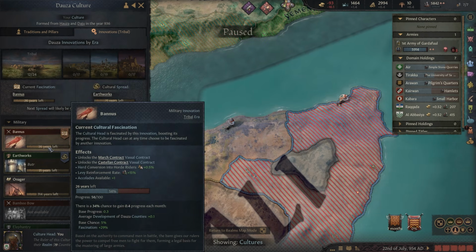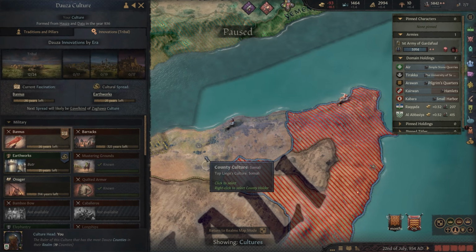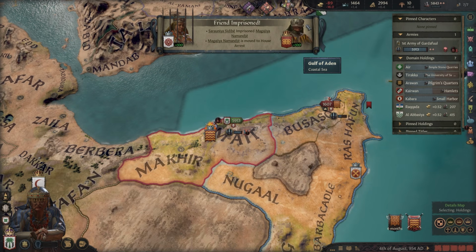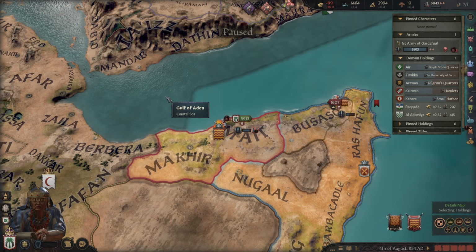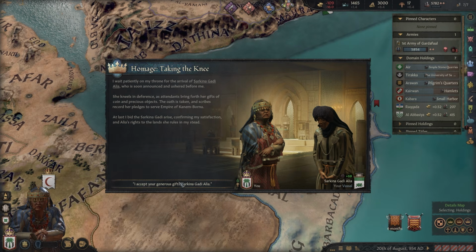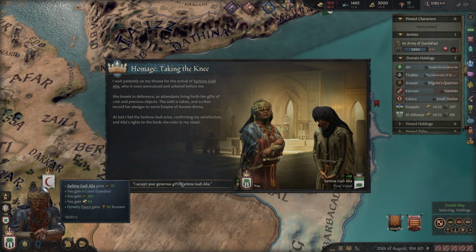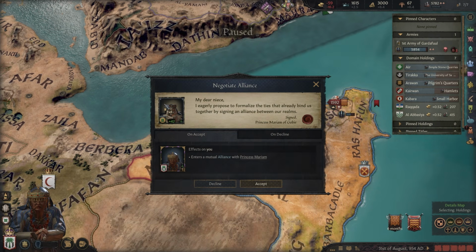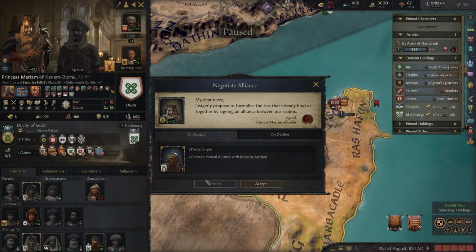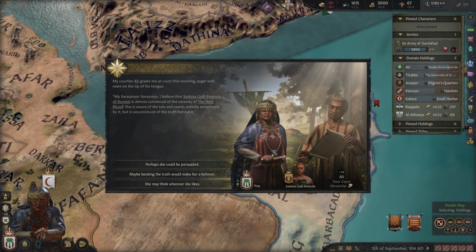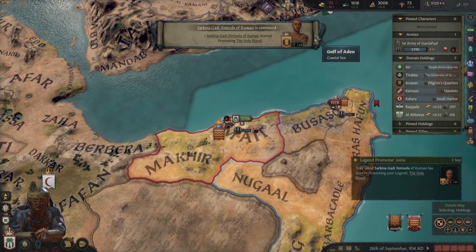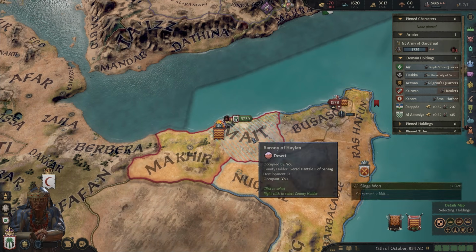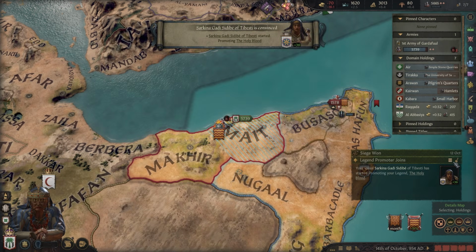You could potentially argue that it was better for us to... I'll get there eventually, so I was looking at what popped up. You could have argued it was better for us to have spent the time merging with Maghrebi, because that would have meant we could have skipped that 21 years. I think in hindsight, maybe I agree. Anyway, I'm going to decline that alliance. She's not my vassal, so it gives us no benefit. And she's not an external person, so it's our vassal's vassal, which is zero benefit to us for an alliance.